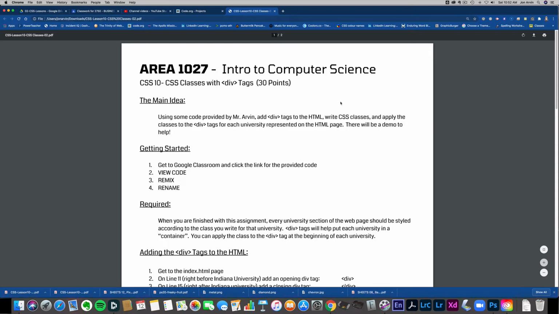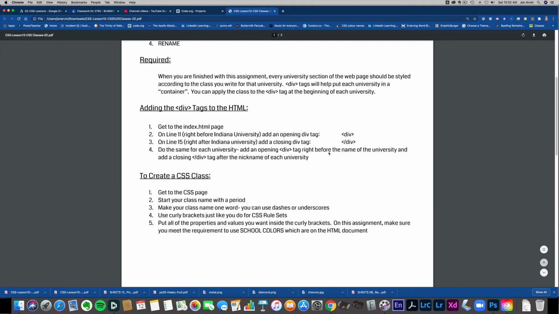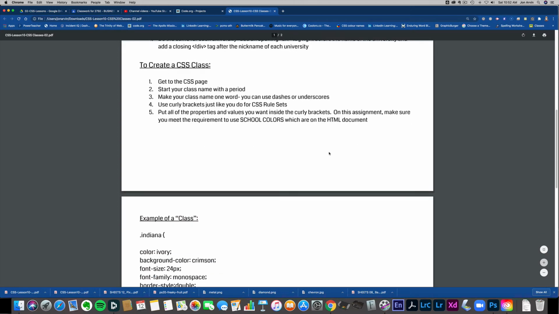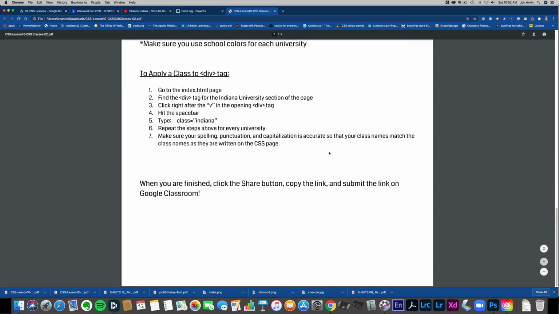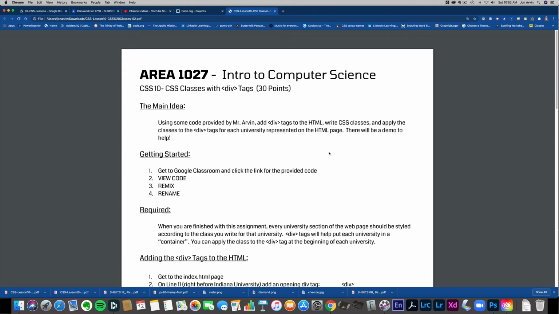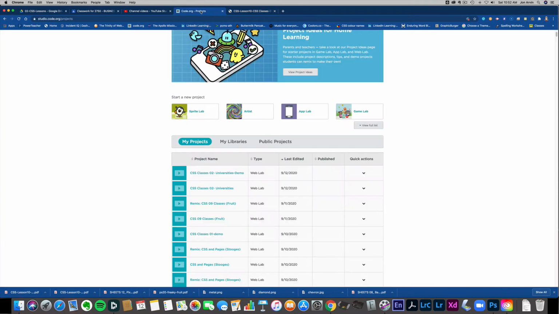As always, this handout will be linked up on Google Classroom, and it's got documentation about everything that I'm going to show you here. I'm not going to spend a lot of time on the handout. I'm going to hop straight over to code.org. You will have a link also on Google Classroom to some code that looks like this,